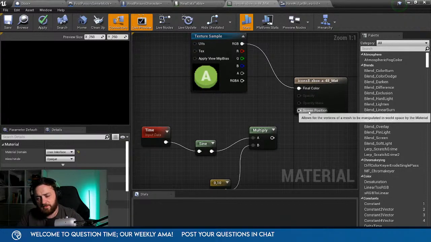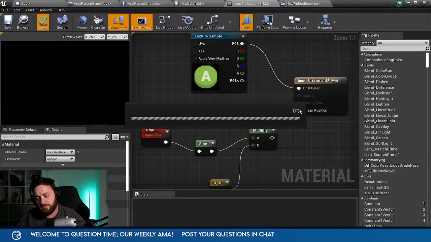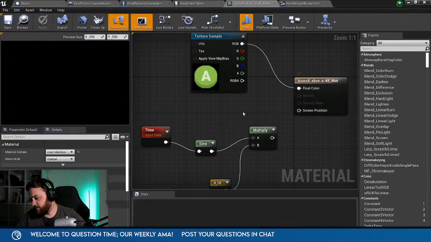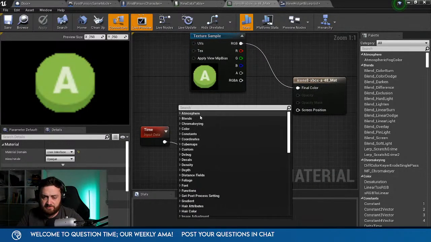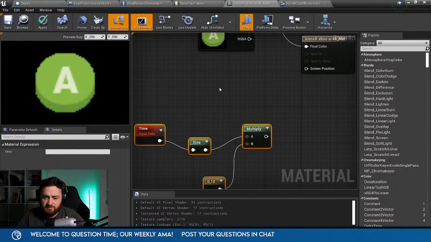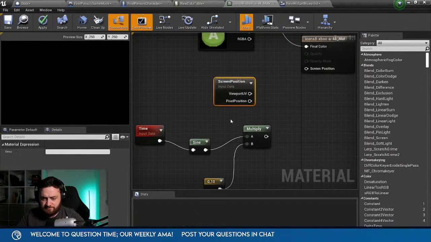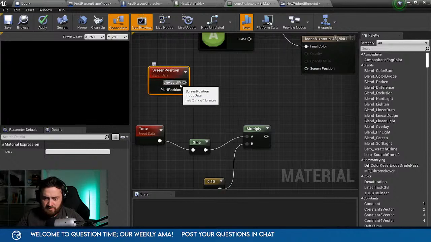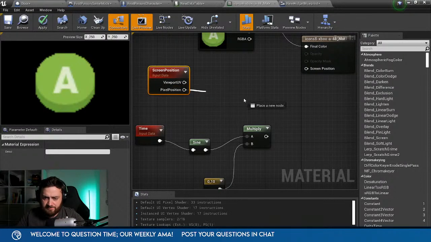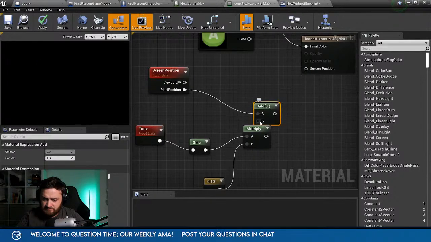I think this needs to be added to something. I think it needs to be added to its current position. Weird, because I've never done it with a UI thing before. Give me a sec. So position in screen position, and UP pixel position will do this plus this.